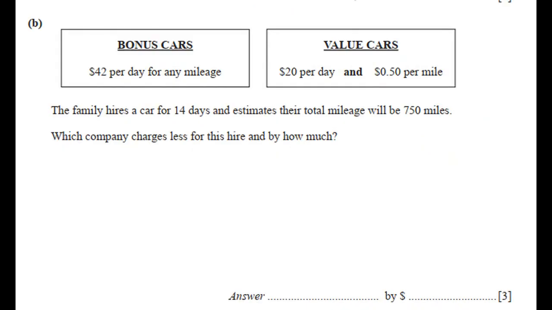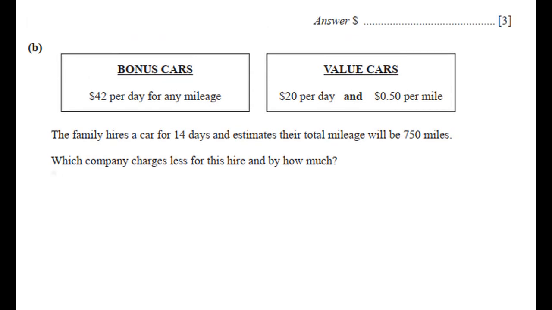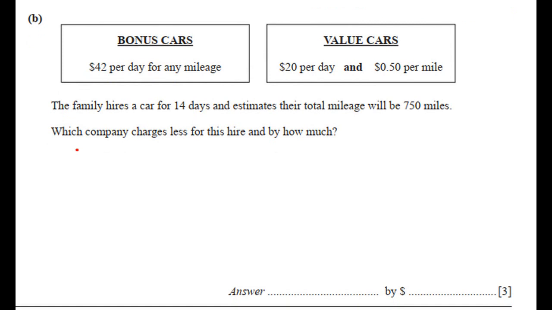Part B, bonus cars $42 per day for any mileage, value cars $20 per day and 0.5 per mileage. The family hires a car for 14 days and estimates the total mileage will be 750. Which company charges less for this hire and by how much? So let's check how much bonus cars will cost the family. So this company costs $42 per day. So 42 times 14 days, which gives the answer